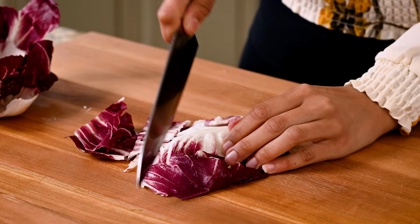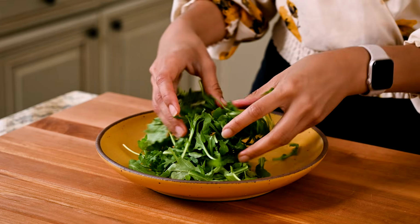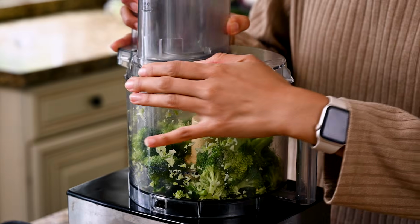And this applies to winter months as well. There are actually quite a few vegetables that are in season in the colder months that you can use in your salads. For instance, chicories or bitter greens like radicchio, endive, arugula, those are all in season in winter. You can also try making the base of your salad thinly shredded kale, shaved Brussels sprouts, or finely chopped cauliflower